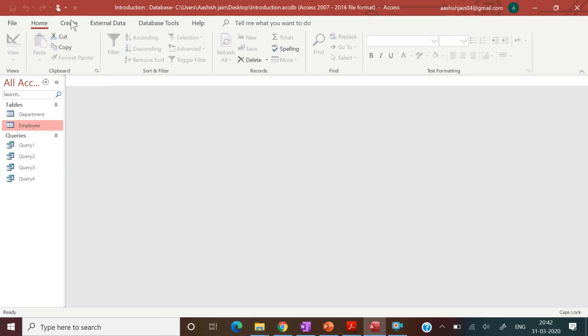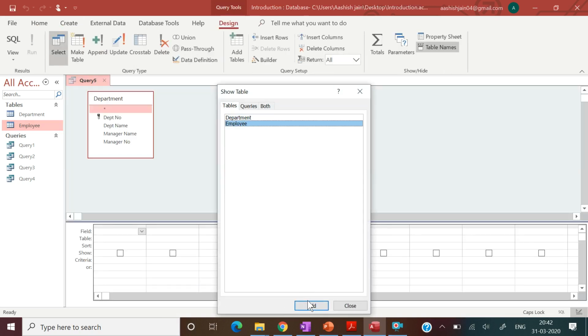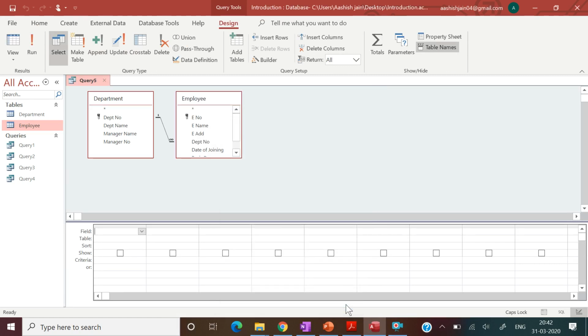Close this, create query design, add both these tables, close.